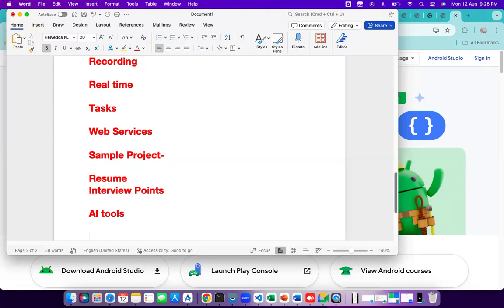So the course content will include a lot of advanced topics. If you know Android,